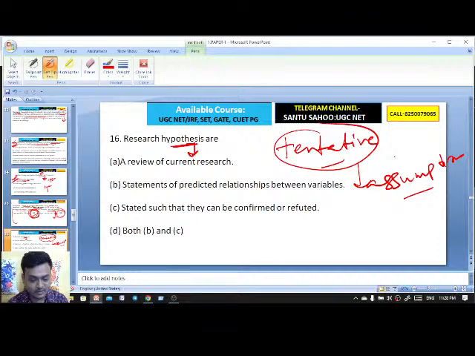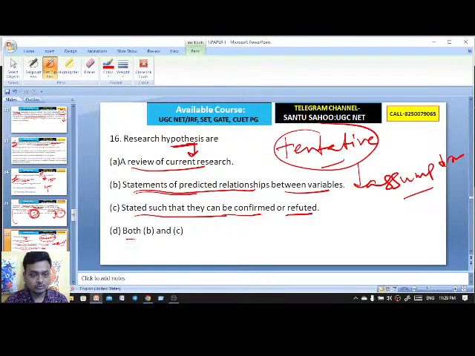In the process of research, a research hypothesis is a review of current research, statements of predicted relationship between variables, stated such that they can be confirmed or refuted, or both B and C. What would be the right answer?